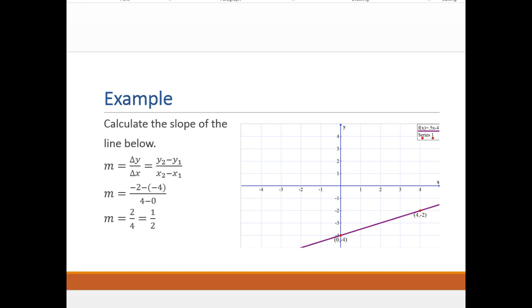We can also look at a picture of a graph and get the slope of that line. There's a couple different methods we can use. One is to pick 2 points. In this case, we have the point 0, negative 4, and the point 4, negative 2. So if we were to use our slope formula like we did in the previous exercise, this would be negative 2 minus negative 4 over 4 minus 0, which is 2 over 4, which is 1/2. The other thing we could do is do our rise. We go up 2,